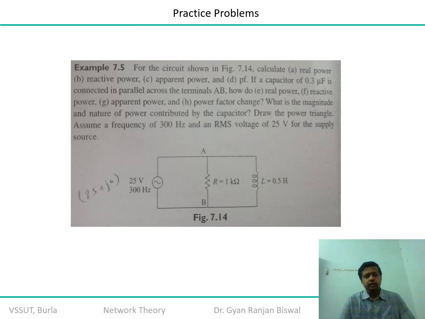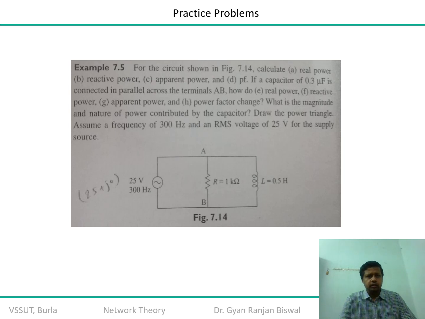Okay, I would again insist that you take a couple of minutes of time and solve this problem as well. We have around 2 to 3 problems. I would suggest that you solve each and every problem here itself. Again, for the given circuit, that is a parallel RC circuit is given,